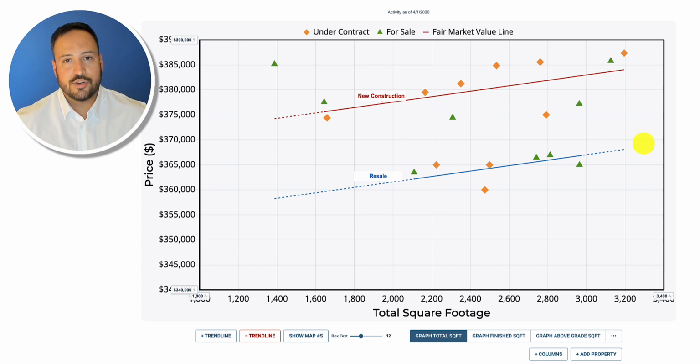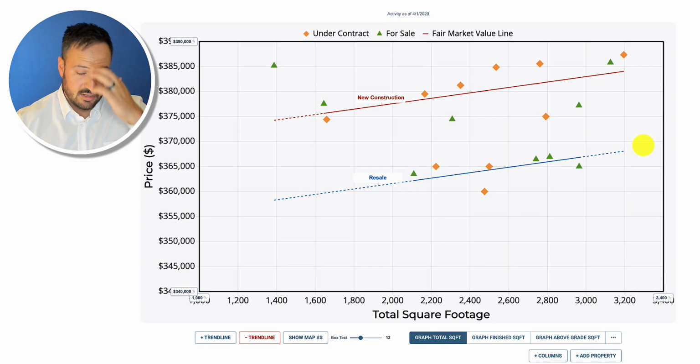So how do you adjust for new construction? You look at the competition and you identify trends like this to make sure you're pricing against the right competition. In this case, we listed the house and sold at 370, just like the graph told us we should. And it was a really powerful moment because for us, if we had priced at 380, we probably would have been stuck there, not sold our house, and not be able to use that money to buy the next house